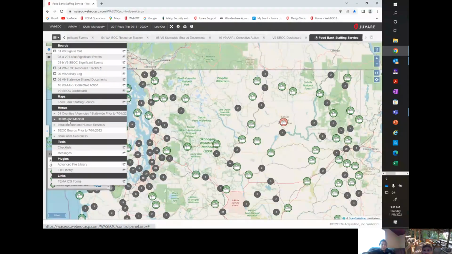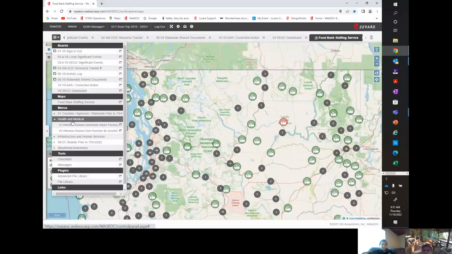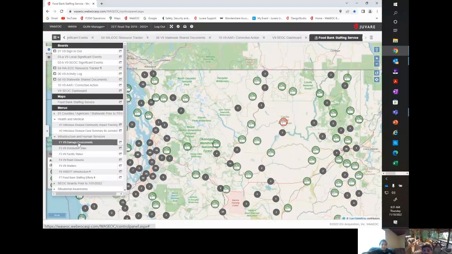We have a health and medical menu that the Department of Health keeps up, which has infectious disease and community impacts tracking. And then they have infectious disease case summary by jurisdiction. And then there's an infrastructure and human services dashboard. And inside that is the damage assessments, distribution sites, facility status, road closures, shelter status, and then the WSDOT infrastructure board is in there, where they keep track of all of their